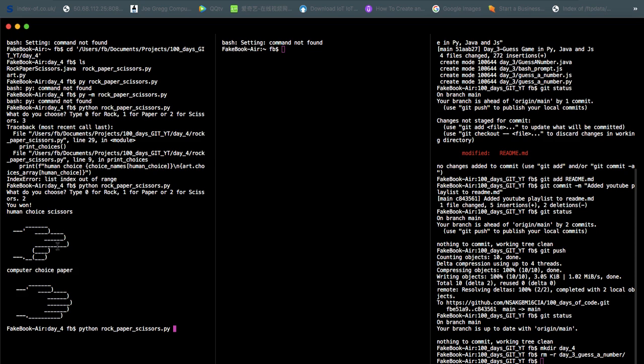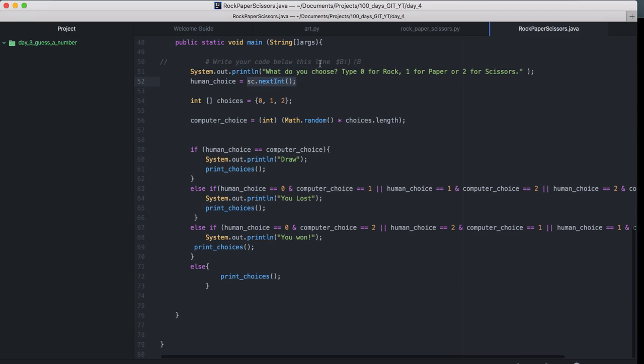Good, so this is the art we were seeing there. Scissors, this is the sign, you can see there's a human finger, it comes out well in the command line. Very nice. Okay, so now let's start changing to Java, right?